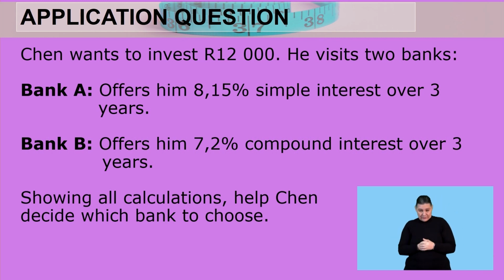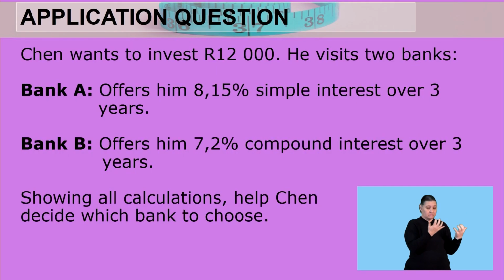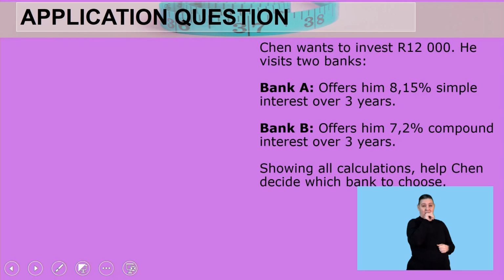Now, if you're looking at this, there's two banks, two different interest rates, and two different calculations, because the one is simple interest and the other compound interest. So let's see what we've got to do here. I'm going to start with Bank A. So for Bank A,